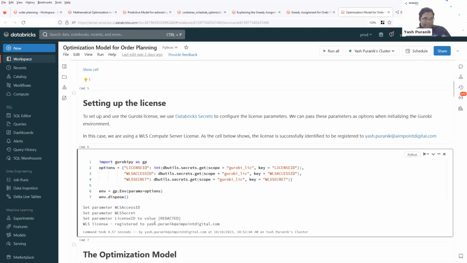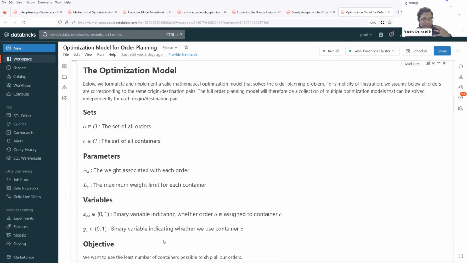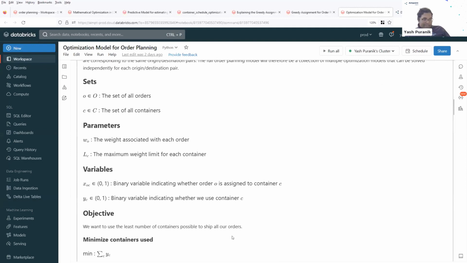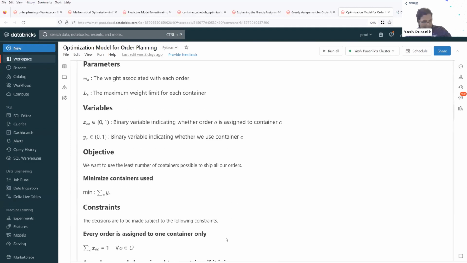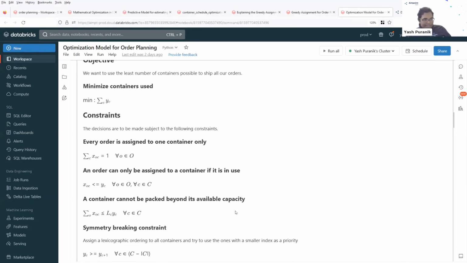The key value, and Jerry alluded to this earlier when he said that it's a good idea to write the mathematical model. And I agree that the main value that an optimization scientist or an OR scientist brings is actually converting the business case into a format that Gurobi can understand. And the format that Gurobi can understand is typically a MIP model or an MIQP model, but let's not go into that right now. And that's how we basically earn our keep. We understand the business as properly as we can, and then we convert it to a mathematical model with the constraints and the objectives correctly identified. Once these are identified,